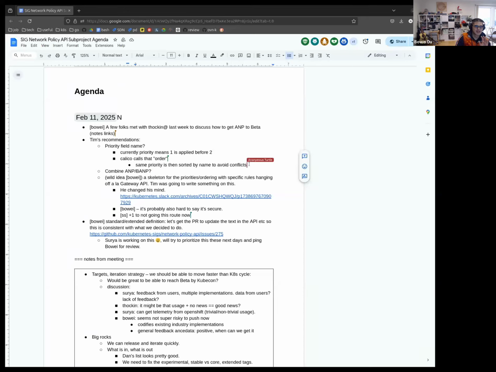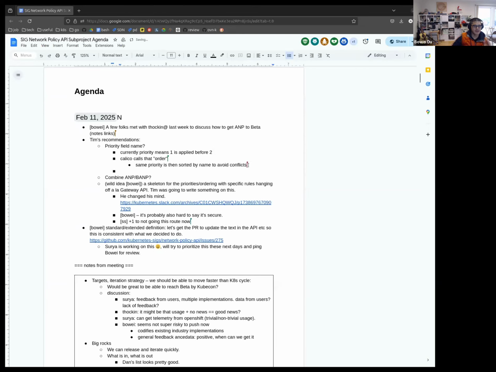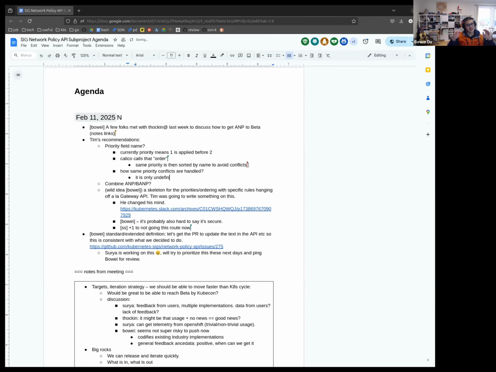But having two ANPs with the same priority is a natural thing that people will use, versus if you do that, it instantly gets flagged with the status as like, hey, I noticed you're doing something dangerous. Are you sure you wanted to do that? Right? There's a big difference, because if it's like, oh yeah, you should do that, but then if they conflict, it's not clear which one applies. That one feels potentially very scary, especially with respect to a security oriented thing.